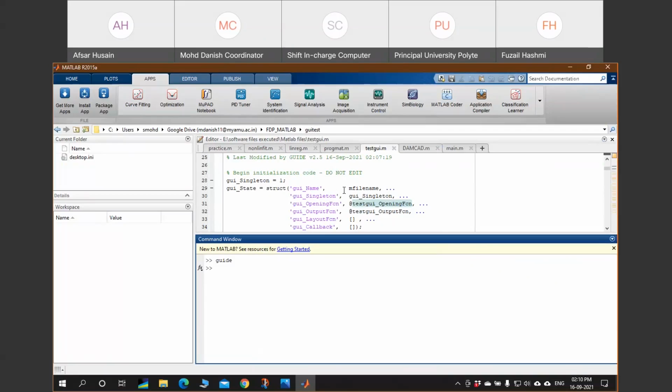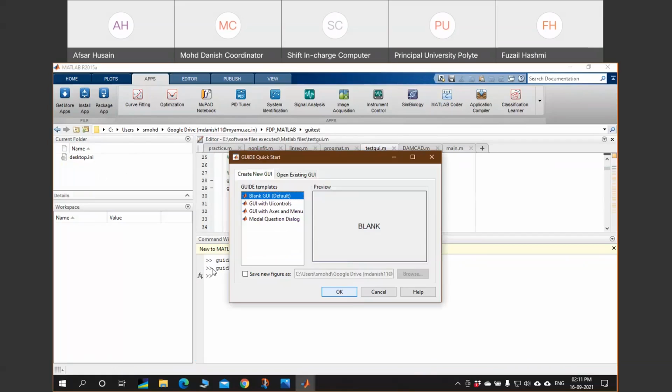This is for a demo type program. So whatever name you like for your program, you can name that folder, and then browse that folder in your MATLAB. Once you browse this folder, all of the files will be stored in that folder. So this is the first step. Then write guide in the command window and hit enter.